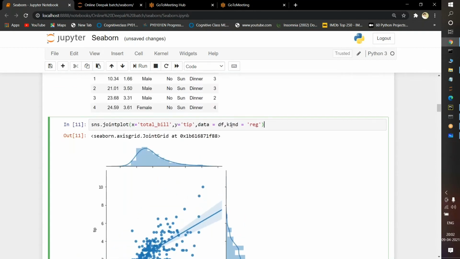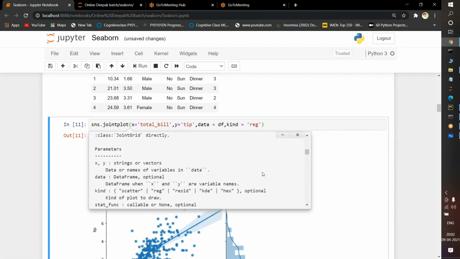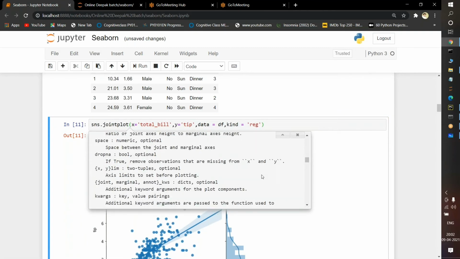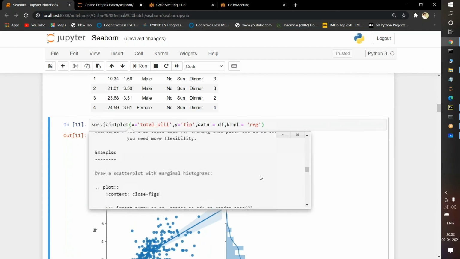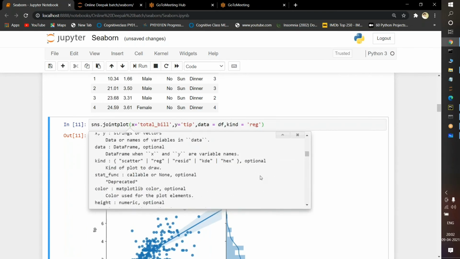In case you want different plotting techniques instead of reg, go here, press shift plus tab, click on the plus symbol, go down, and search for the kind function. Where is the kind function? Maybe it is here. In the kind function, I have scatter, reg, resid, kde, hex, different kinds of parameters.